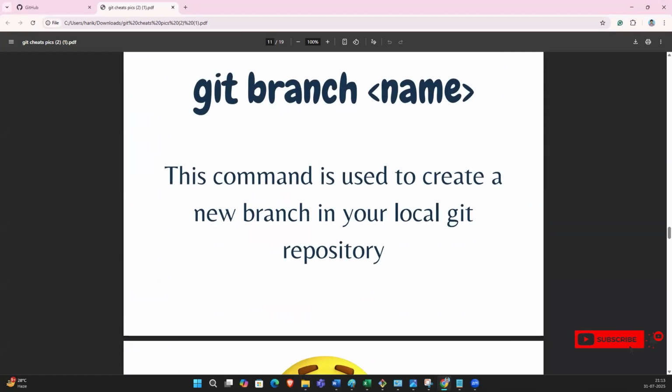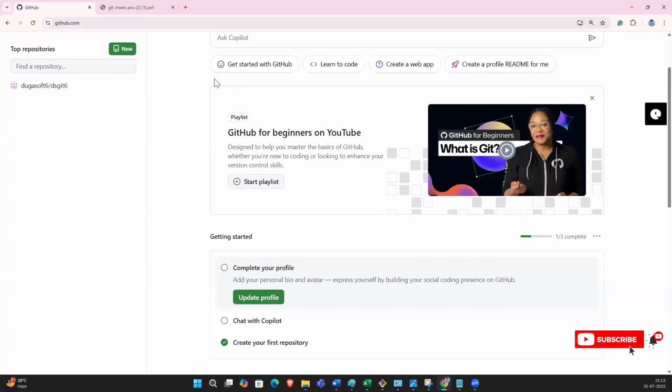Branching allows you to create a separate working copy of your code, so you don't have to duplicate the project. Duplicate the project, right? So for example, here,